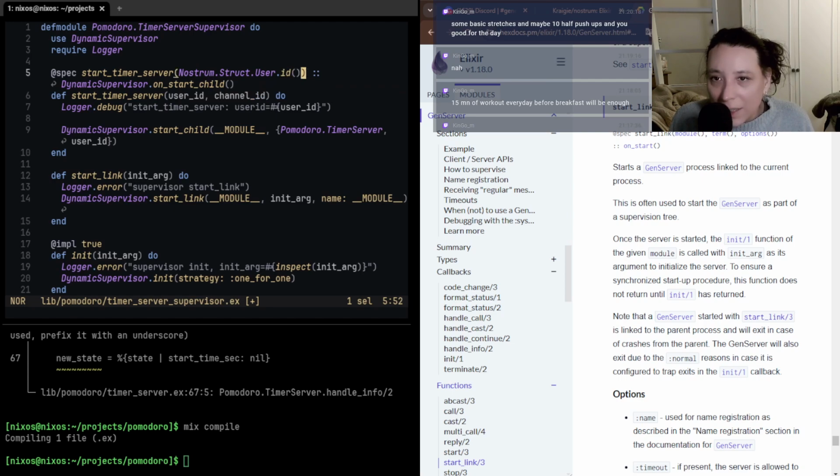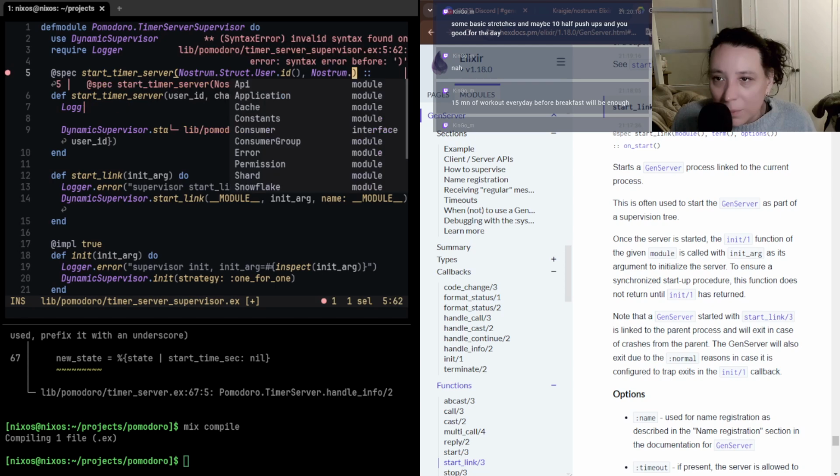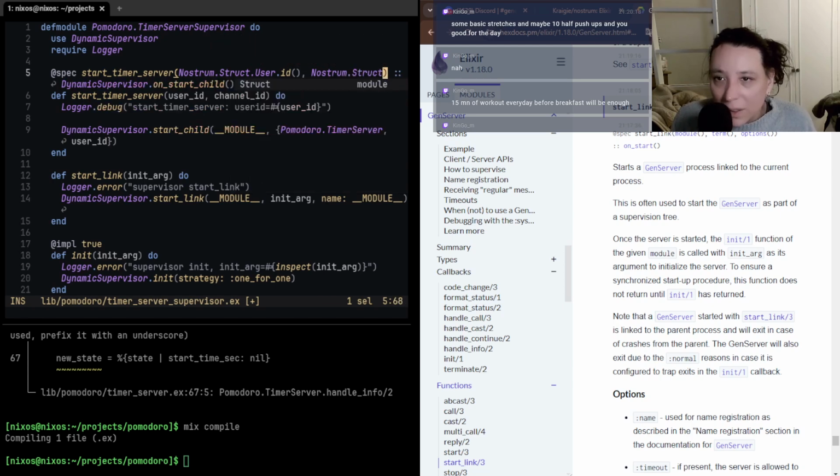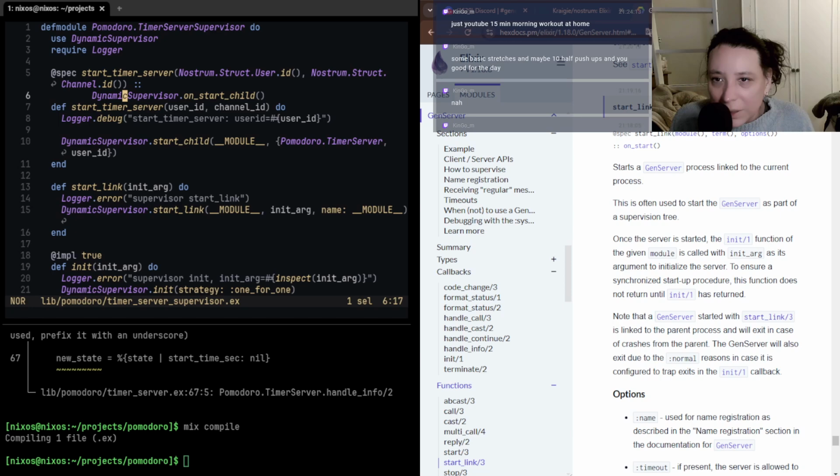And we're using dialyzer here, so let's do nostrum.struct.channel.id. That will tell it that it should be a user ID. And then we do start child user ID. Instead, we're gonna make